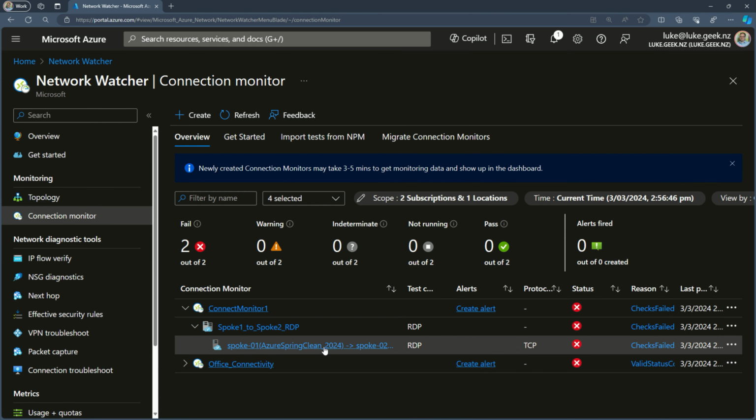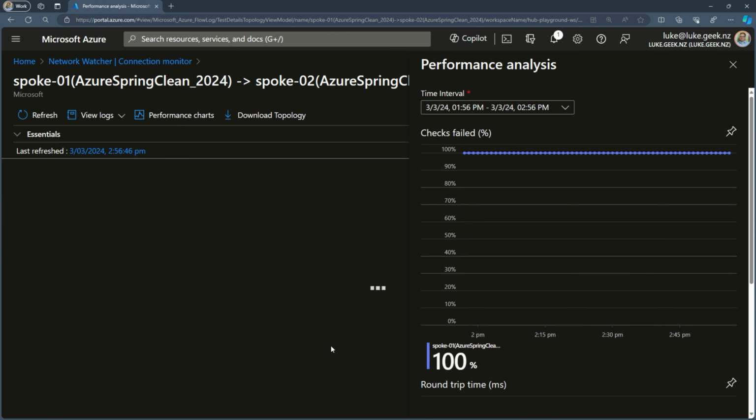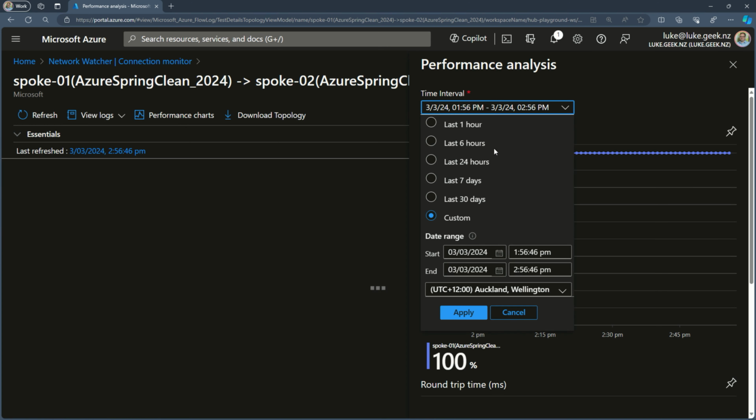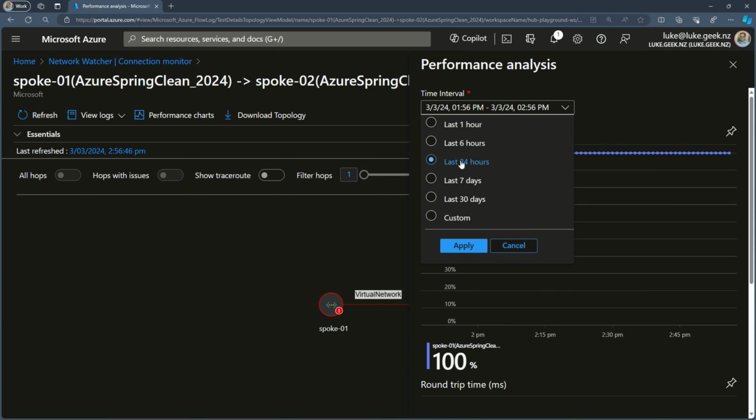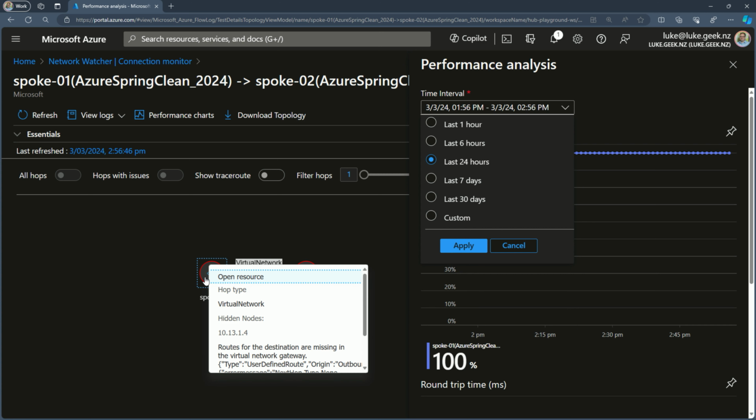If I go into the connection monitor itself, I can go in and have a look at the time interval. What was it over the last 24 hours? Did it just stop working? I can click on,